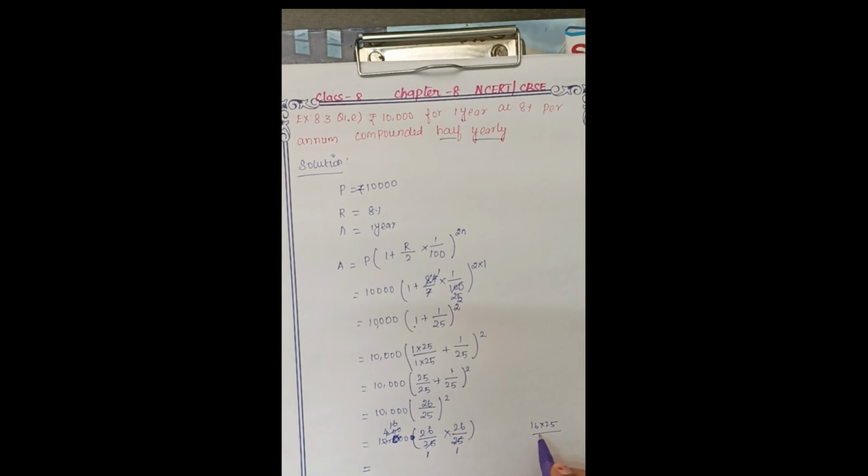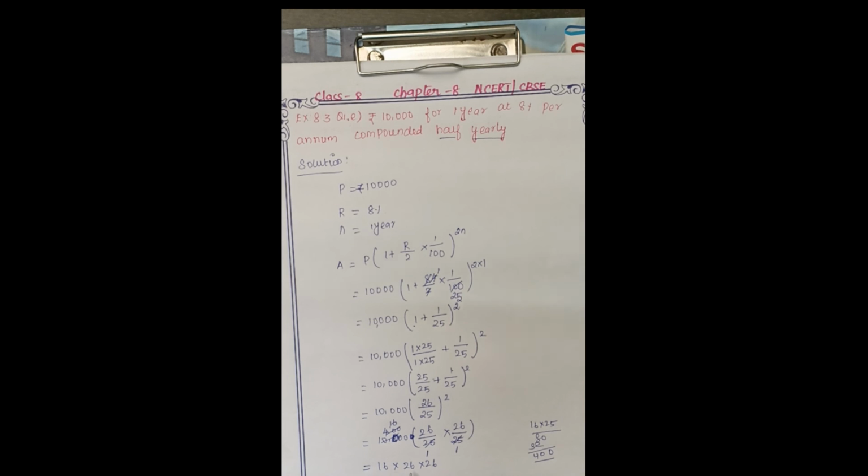Remaining one 400. So 16 25s are 400. We have 16 into 26 into 26. So if you multiply 16 into 26 into 26, you will get